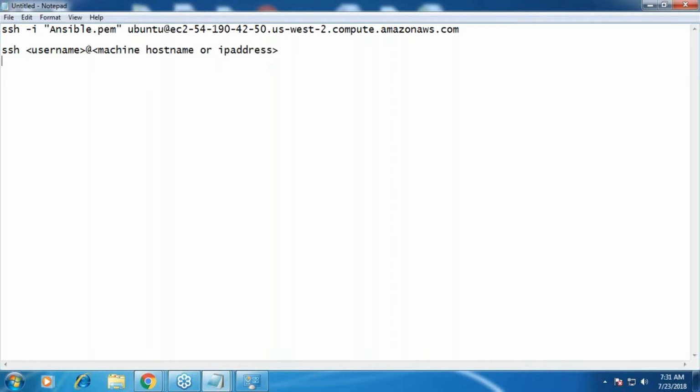Simple. So let us assume that my username is Ubuntu, and the host name is my machine. So this is how the command will look.